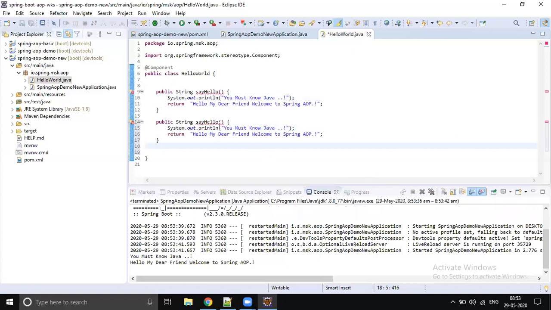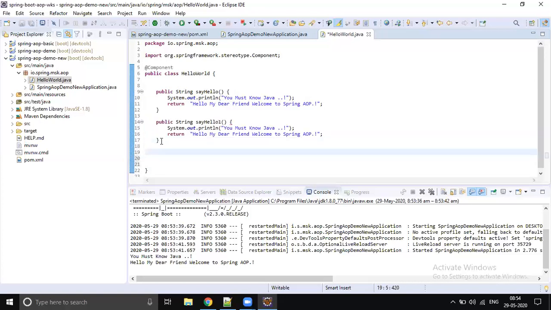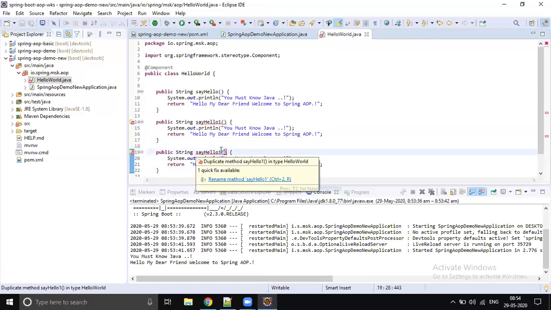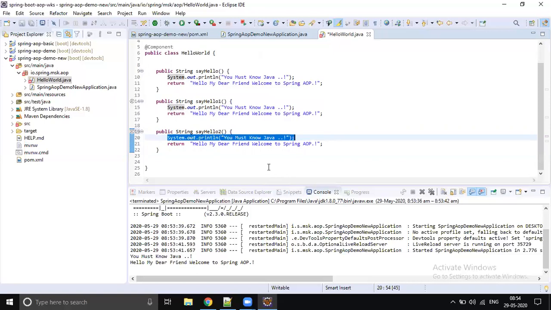If I follow it like this, for example, tomorrow I will add one more method called say hello one. Let's say helloWorld say hello one. So before calling this say hello also, I'll write one more method. Then I will say, hey, can you print for one more time? You must know Java. Then you will copy paste for one more time, right? If I say, can you print this message for one more time, you will copy paste it and say it's done. Then I will say, can you do it for one more time? I have added one more method, say hello two. Can you do it for one more time? Yeah, you will say okay, just copy paste this line.